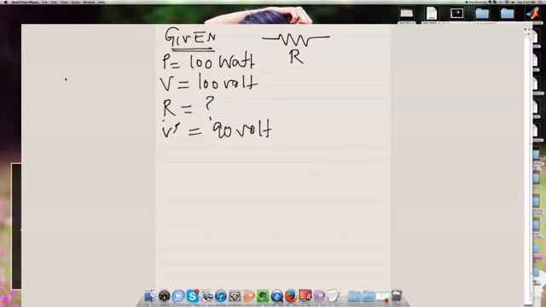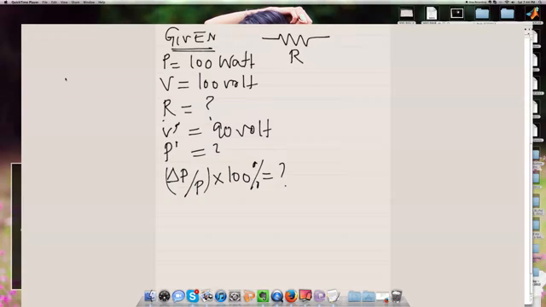Okay, so we have to find the new power, and then we will figure out by what percentage, so delta P over P in percentage. Delta P, that's a change in the power, over P times 100. So that 100% equals what? So if we go back to the relationship connecting power, voltage, and resistor, what we know is